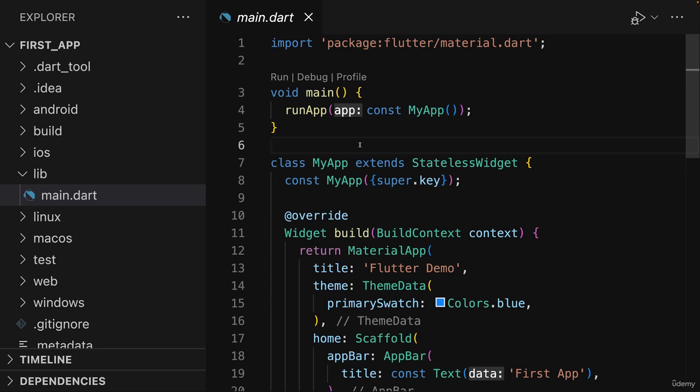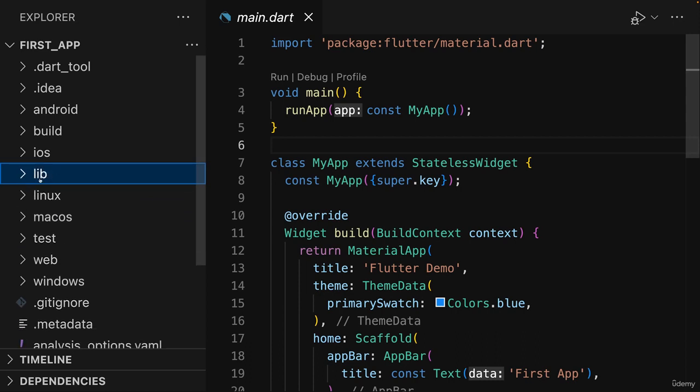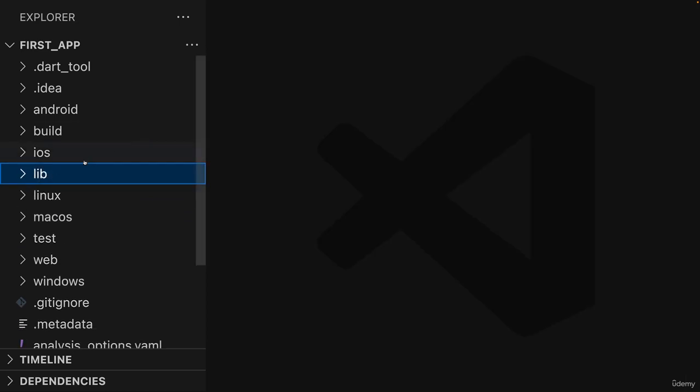Because that's one of the main ideas behind using a code editor, that you get some syntax highlighting, as it's called, so that certain keywords are highlighted, that it helps you catch typos and do many other things for you. And in order for the editor to properly support you, it of course must know in which language you're writing your code, and that file extension does help the code editor with that. So this main.dart file in the lib folder is important, and the lib folder therefore is important, but it of